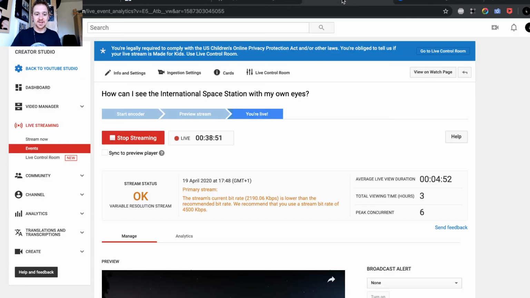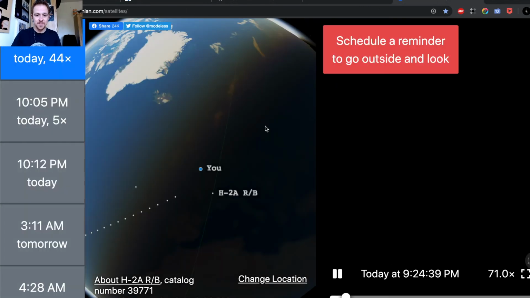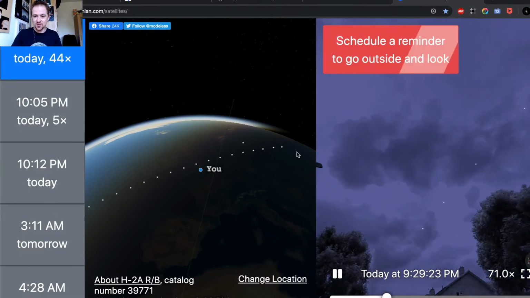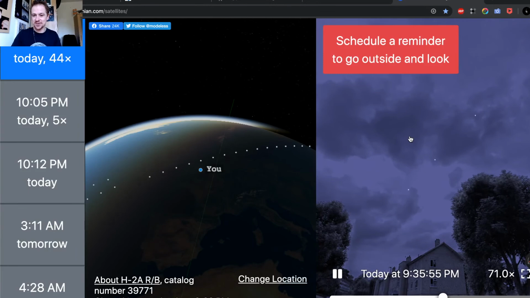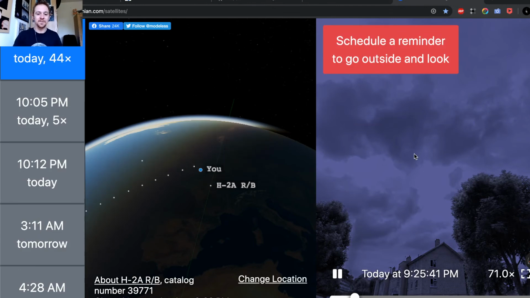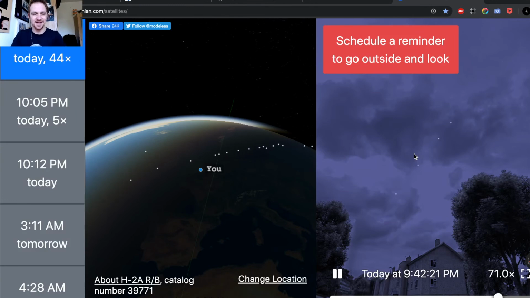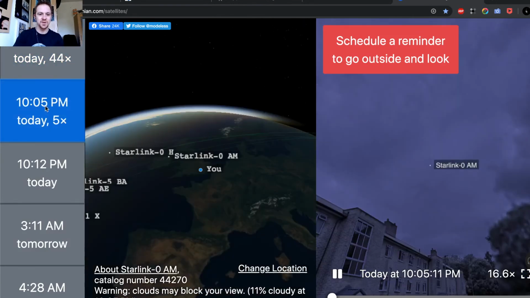You open this website, and you can set your own street view, and it will show you all these satellites as they are passing your sky. It's so clever. It gives you a perfect visual, not just a forecast, but visually showing you which part of the sky they will cross, even from your own street, which is mind-blowing.